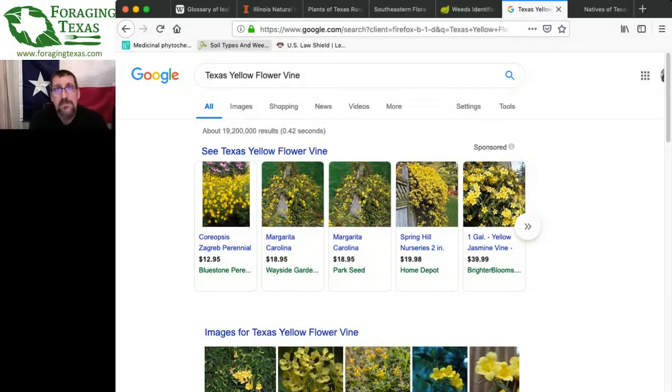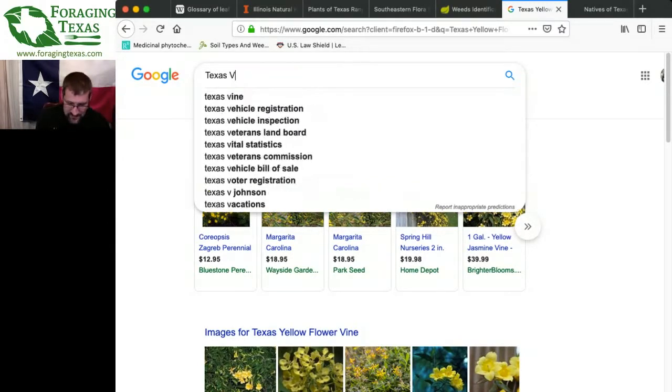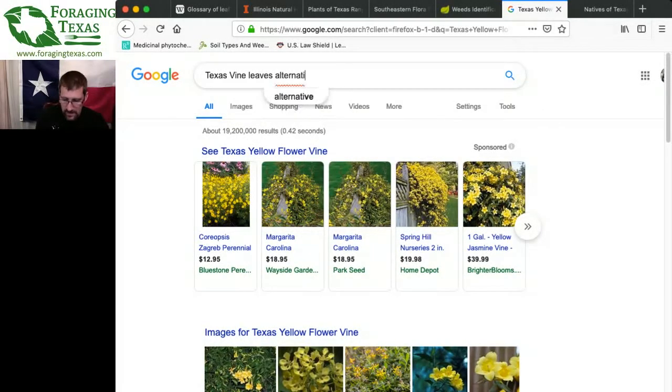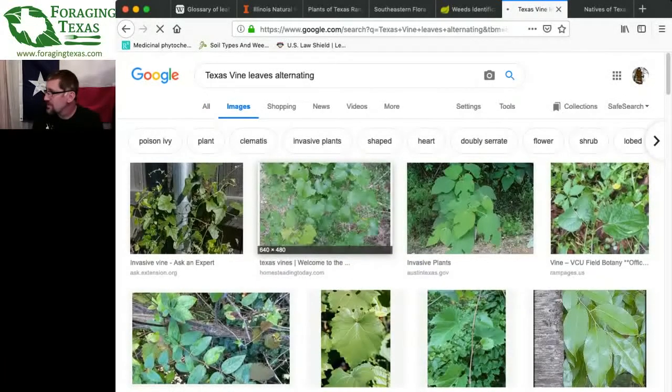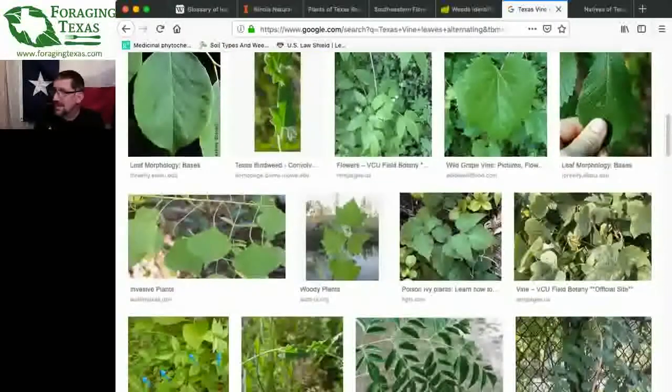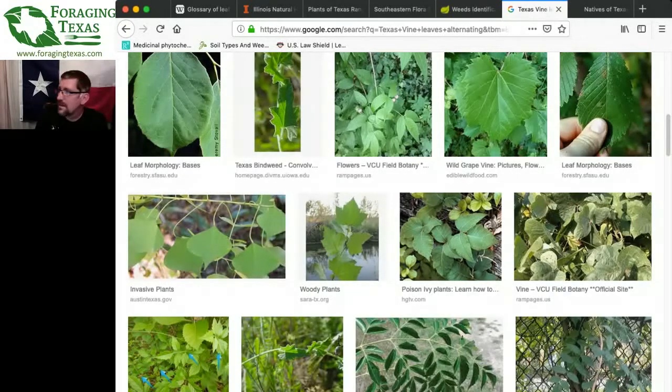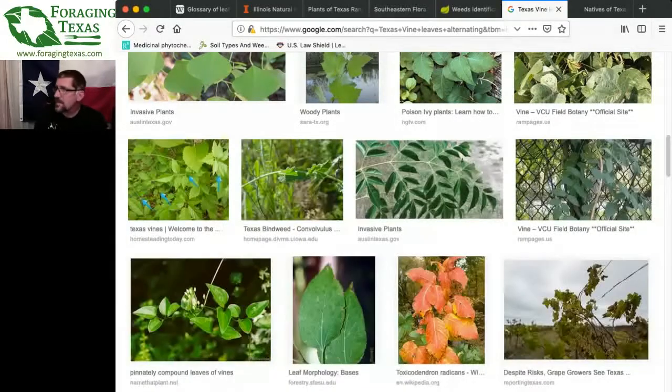If it's a flower, the number of petals. Is it 5 petals? Is it 3 petals? Is it 2 petals? And the color of the flower. That's really good. Now, let's say you have a Texas vine, and it doesn't have any flowers on it, but you can see leaves. Leaves alternating. If you've been around with me, alternating is where they zigzag up the stem. And again, you go to the image search and start looking at the different vines that may have alternating leaves. Now, this is a little trickier, but there are lots of different terms you can use. Another thing is